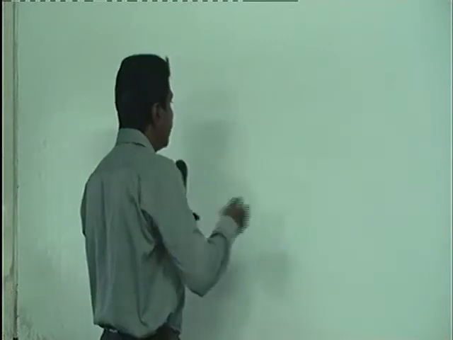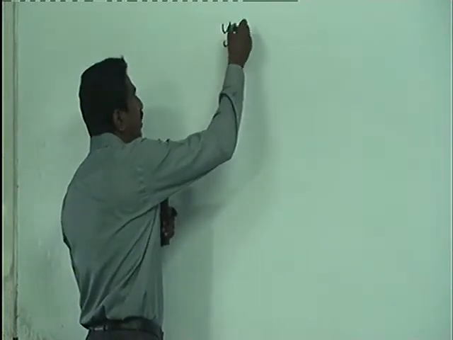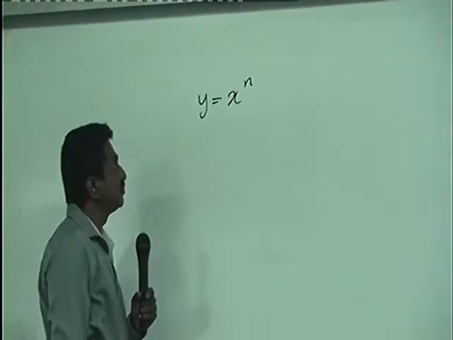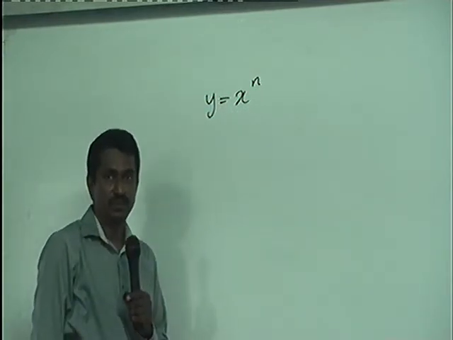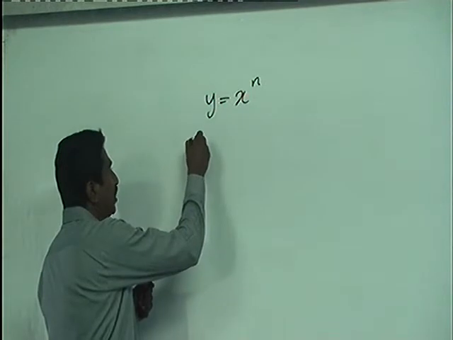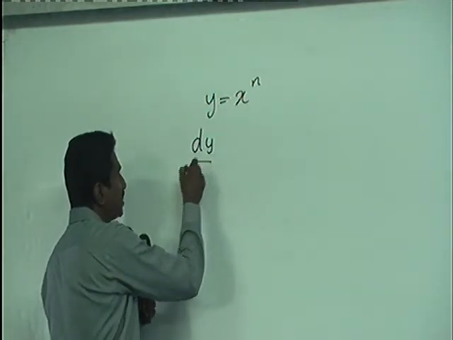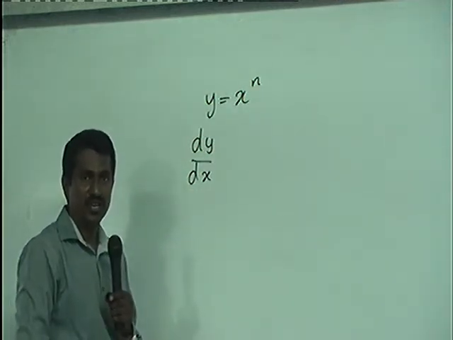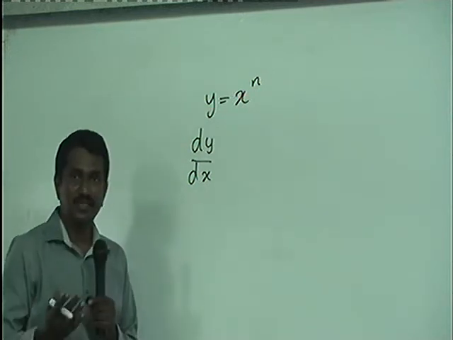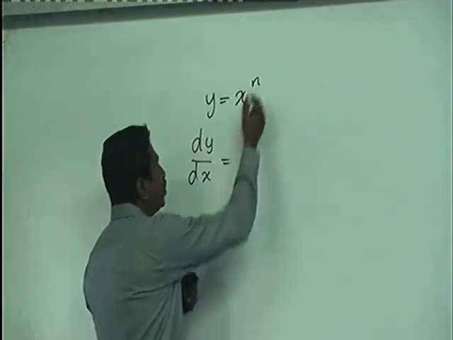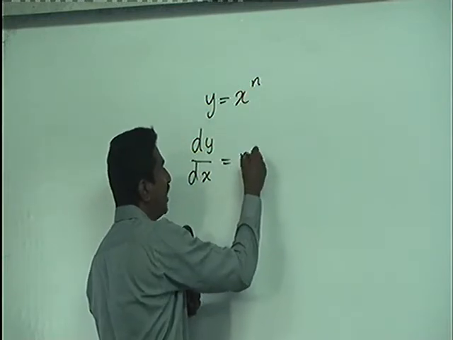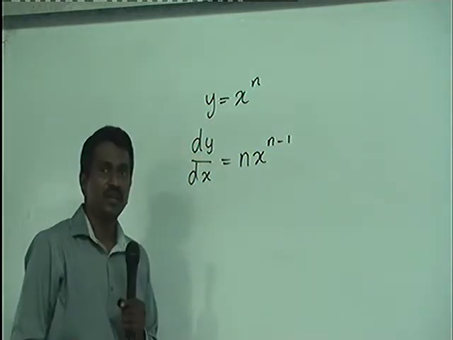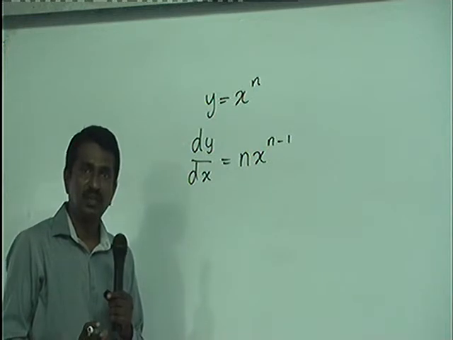So we have done the basic formula. Say if you have a function y is equal to x to the power n, we learned the basic definition, the rule. When you differentiate this, dy by dx, we call this the differential coefficient. So dy by dx is equal to, you take this n in front, nx to the power n minus 1. Right? So that is the formula which we have to remember. You don't have to learn it by heart.